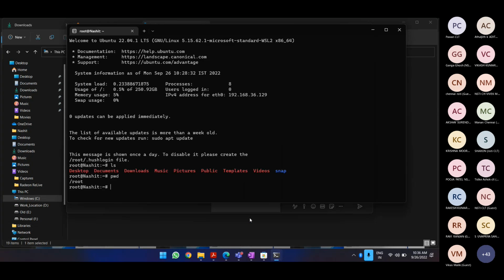Let us try. So we have this pwd command. Can anyone help me know what this pwd command is all about and what is the result that we get out of it?